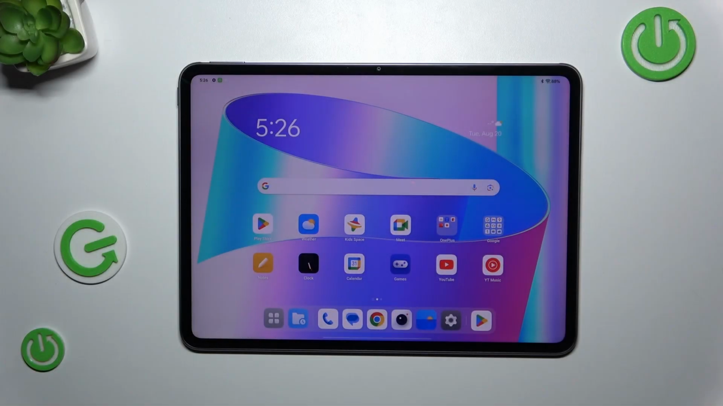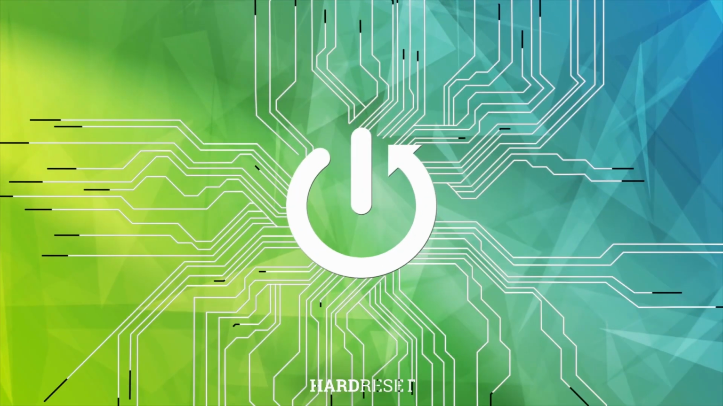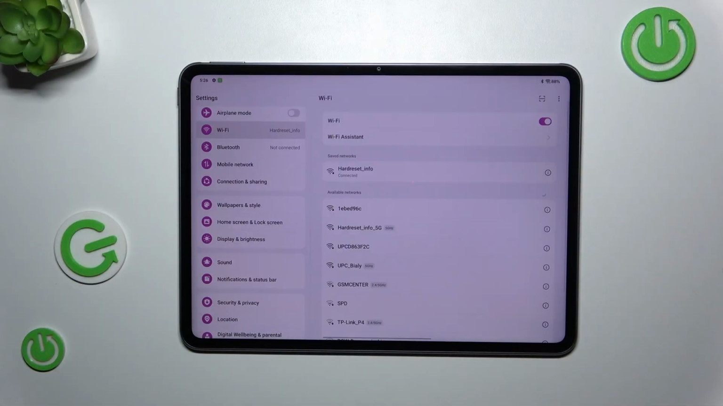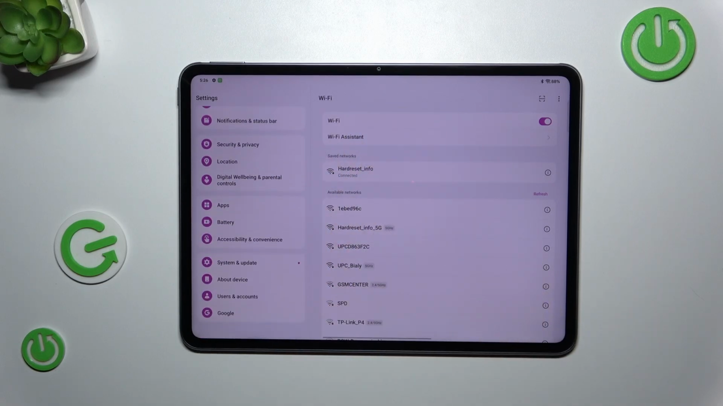Hi everyone, in front of me I've got OnePlus Pad 2 and let me share with you how to check the total screen time on this device. So let's go first of all to the settings, and in this left section scroll down to the very bottom